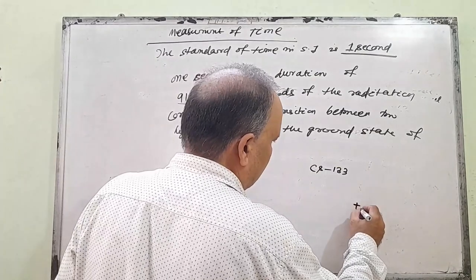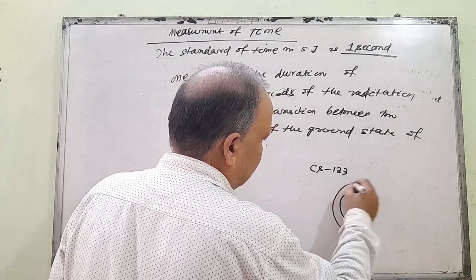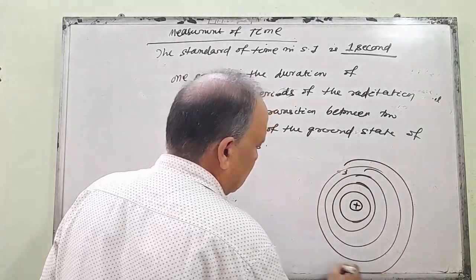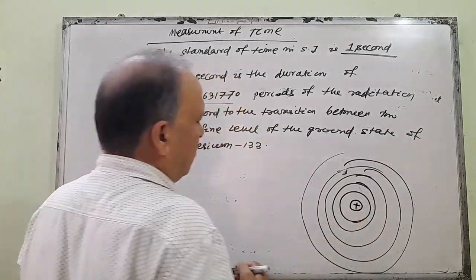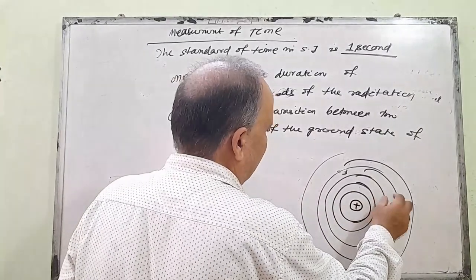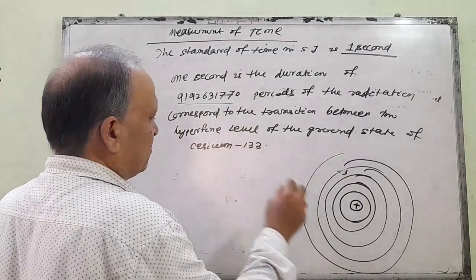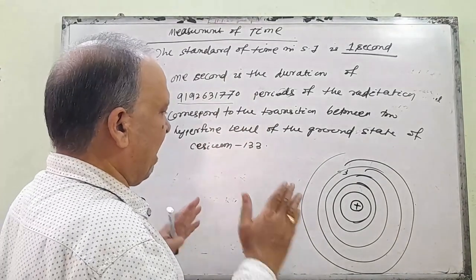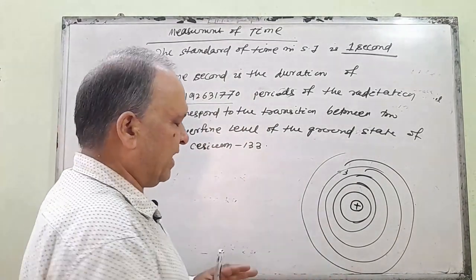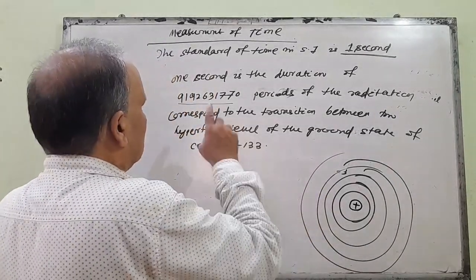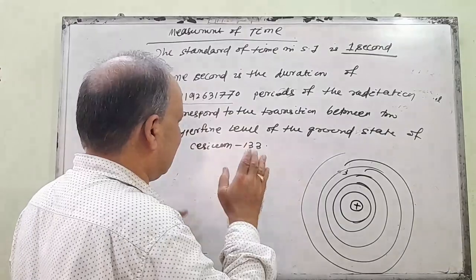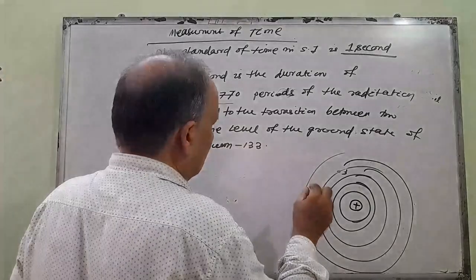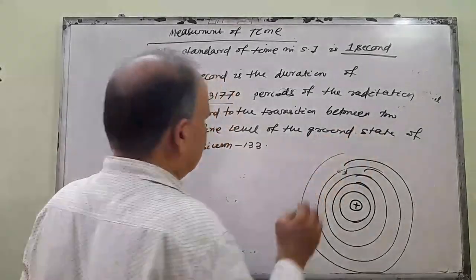You see, inside an atom there is a nucleus. After that, there are some shells like this. Shells are energy levels. You take two energy levels, two hyperfine levels, meaning very close energy levels. In the ground state, meaning normal state, you don't excite cesium. When cesium 133, you remember the name of this element, is kept in ground state,